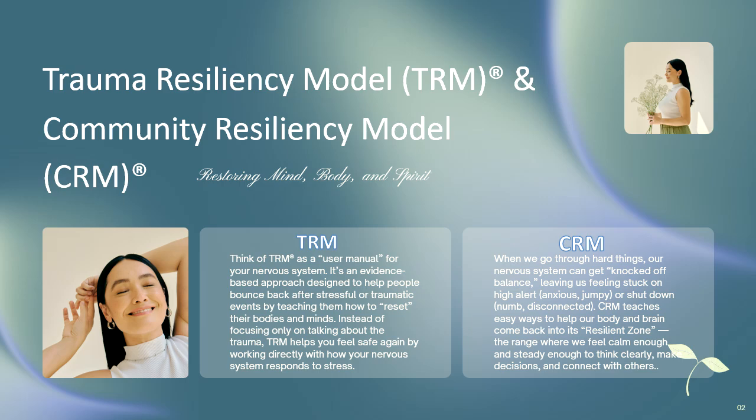Now, within the TRM, there are 9 skill sets that you would help them learn. And out of the 9, 6 are shared with the community resiliency model. So I'm going to talk about those as well. But right now, just to give you a really brief synopsis, the community resiliency model, or CRM, is for everyday self-care. And more or less, it's dealing with these 6 areas. First, we talk about tracking. We'll talk about resourcing. We're going to talk about grounding, how we might utilize gesturing,